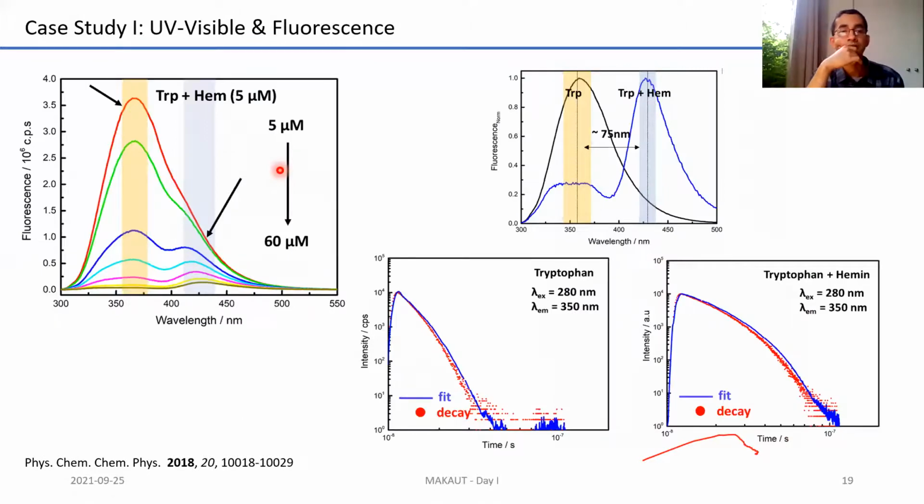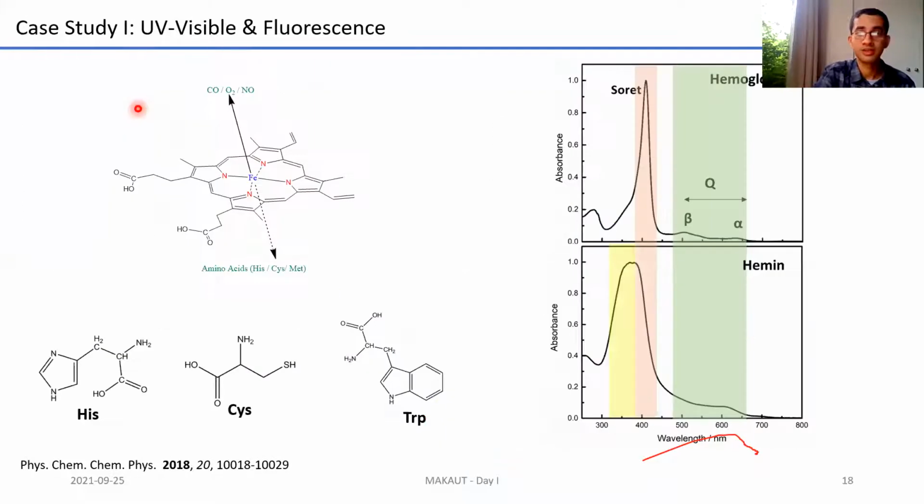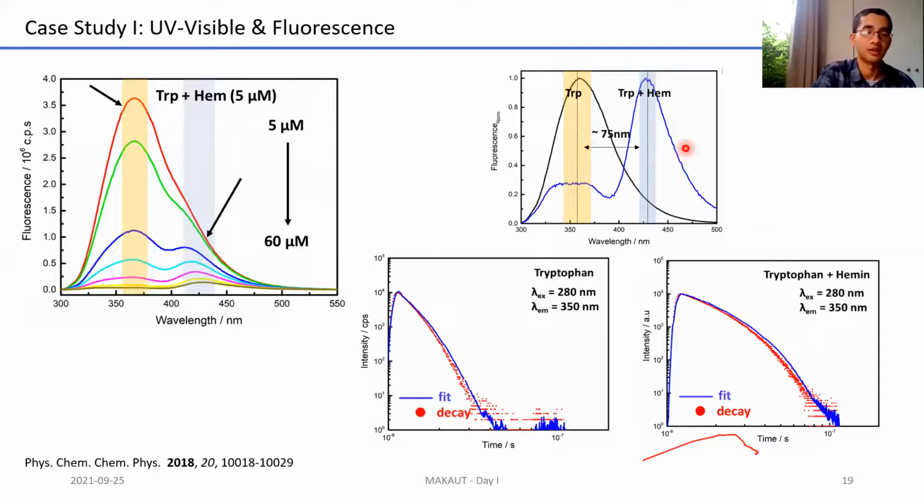But when you go into fluorescence spectroscopy, apologies for the lot of data here, this here is known as an emission spectrum or a fluorescence spectrum. Note that it's very similar to an absorption spectrum, except that the fluorescence spectrum occurs at slightly higher wavelengths compared to absorption for any molecule, the same molecule actually. So this is tryptophan emitting at around 350 nanometers. What I was trying to do in this work was to add this hemin molecule and see its interaction.